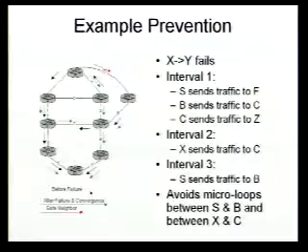So here's an example of the prevention for it. In this particular topology, the black arrows indicate the shortest path before the failure. The green arrows are the shortest path after the failure and the network has converged. And the sole red arrow there is a safe neighbor. This is considering what happens if the link from X to Y fails. During interval 1, S starts sending traffic to F, B starts sending traffic to C, and C starts sending traffic to Z.